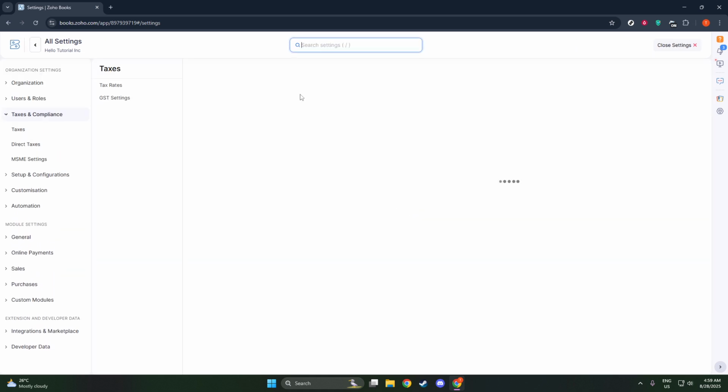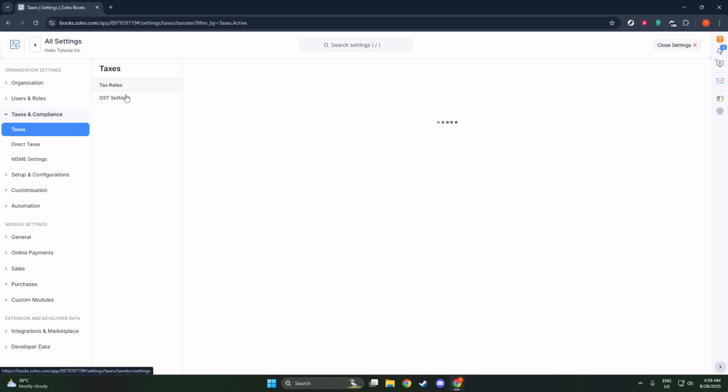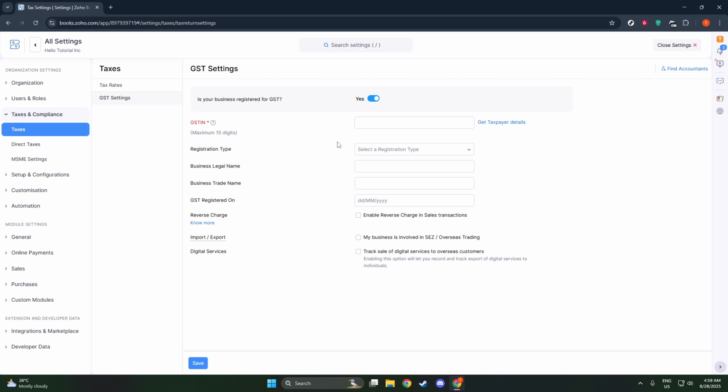Now, in the Taxes pane, it's time to dive into the GST specifics. Click on GST Settings, which will open up a dedicated area for entering your GST information. Next, you should focus on entering your GST details. Begin by toggling the option that asks, "Is your business registered for GST?" Set this to Yes. This enables the GST settings in your account, preparing it to manage transactions as per GST